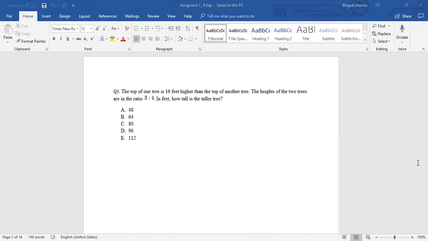So I can say that the shorter tree will be 3/4 of the height of the taller tree. And since the difference between the heights of the trees is 16 feet,